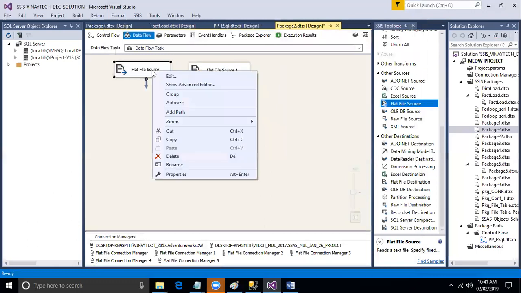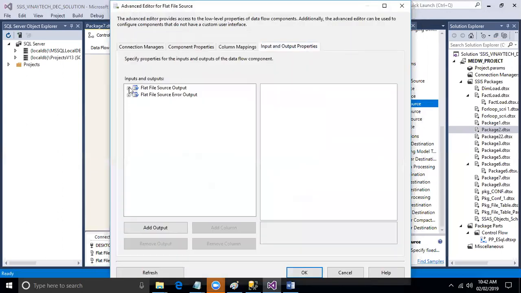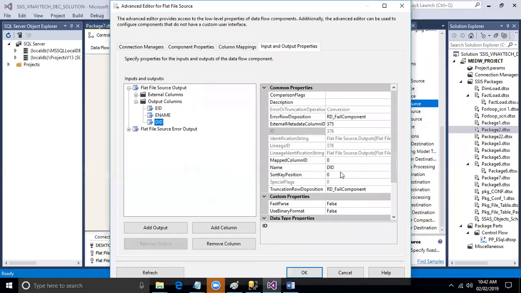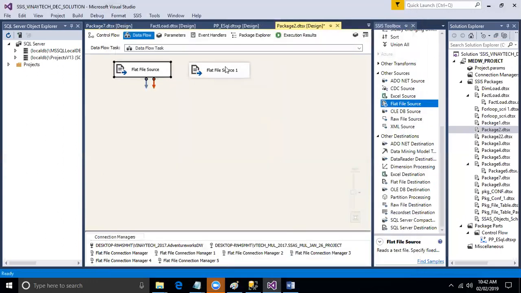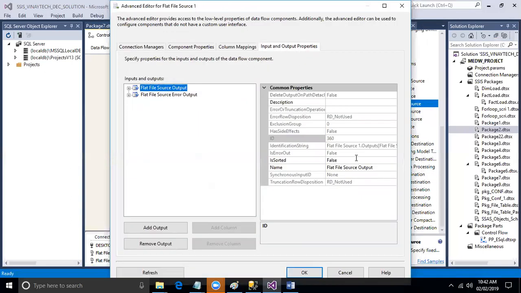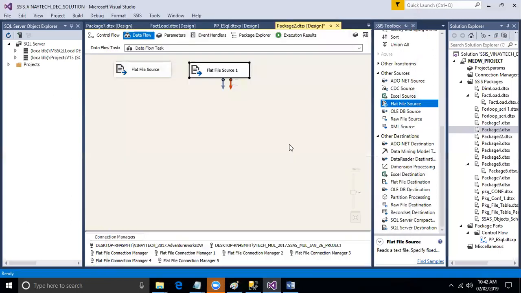Then what to do? Right click, advanced data, input output properties. This is the input sorted. But here the sort column should be the joining column, department ID. The joining column should be sorted. Right click, advanced data, input properties, IsSorted true. Output column department ID, sort key position 1. Click OK. And then you take one transform called